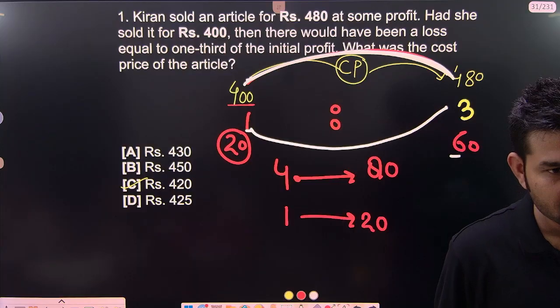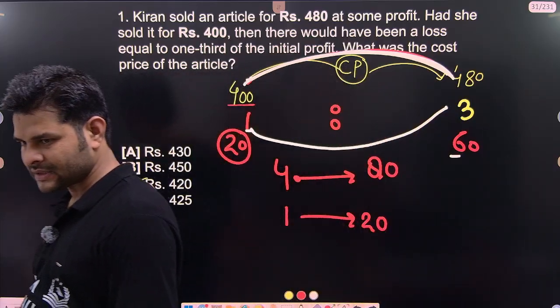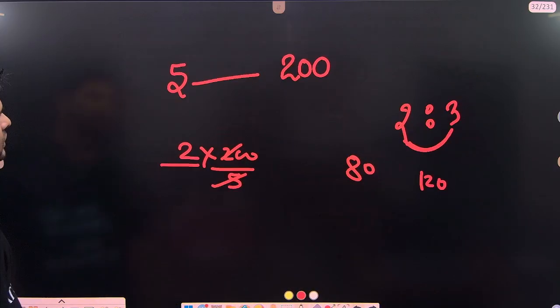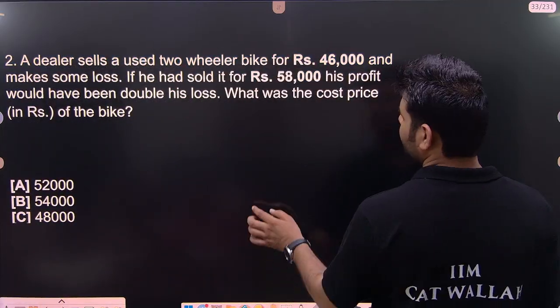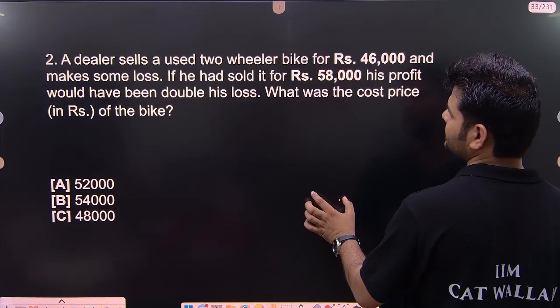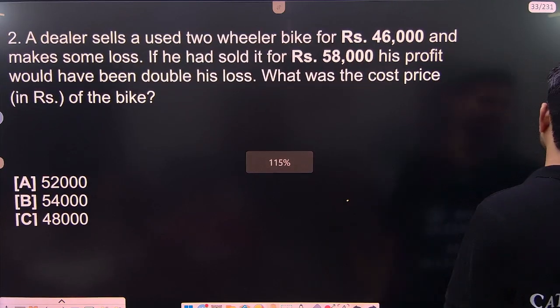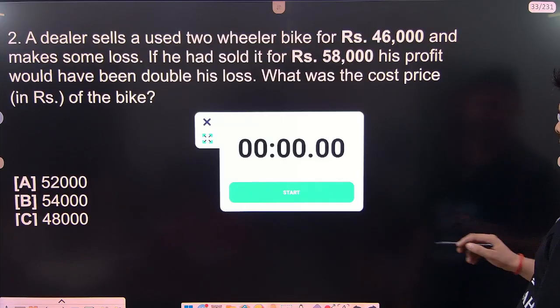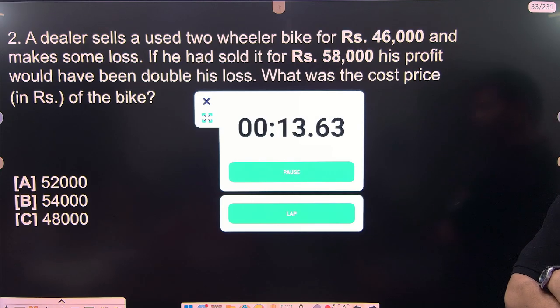Quite clear? The next question you need to do with the short trick only, you need not consider any x. Just take your time, at least 30 seconds you have only. Within 30 seconds you need to give the answer.